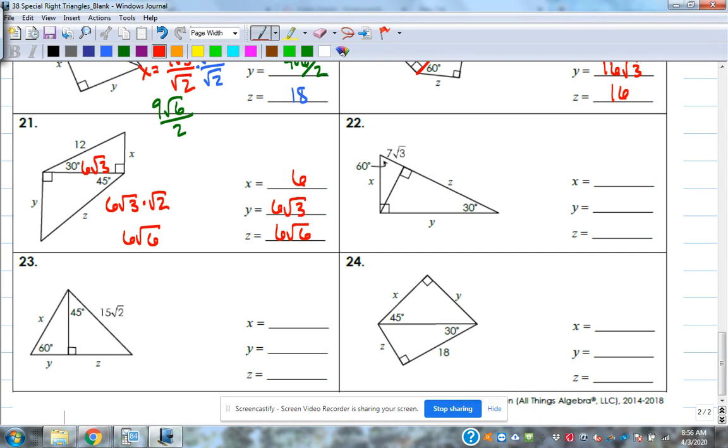All right. 22, we have a 30, 60, 90 on the left and a 30, 60, 90 on the right. So two of those